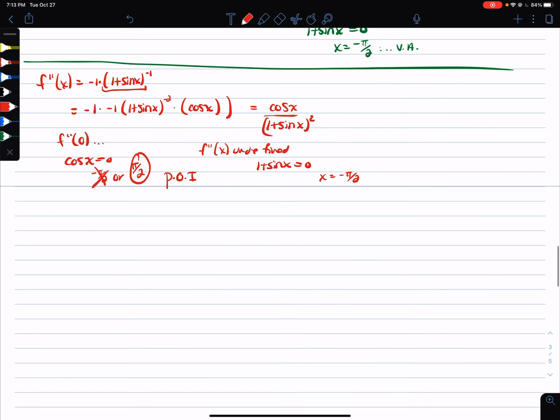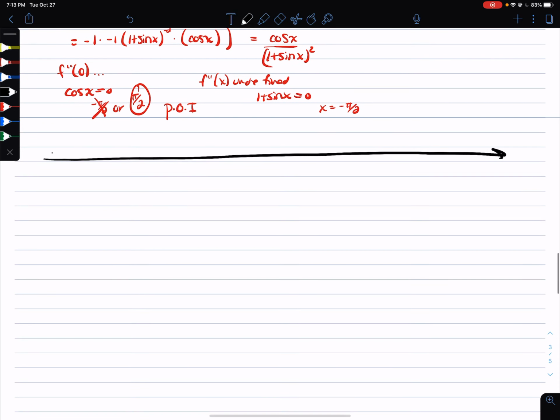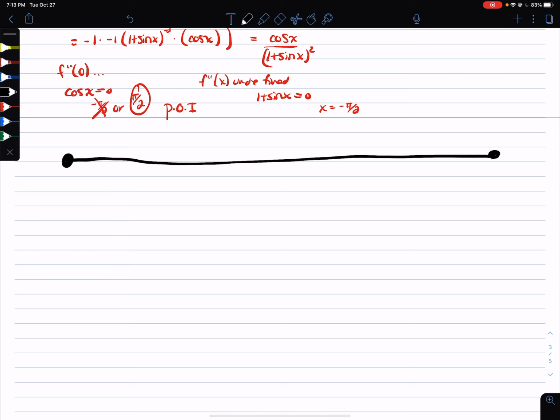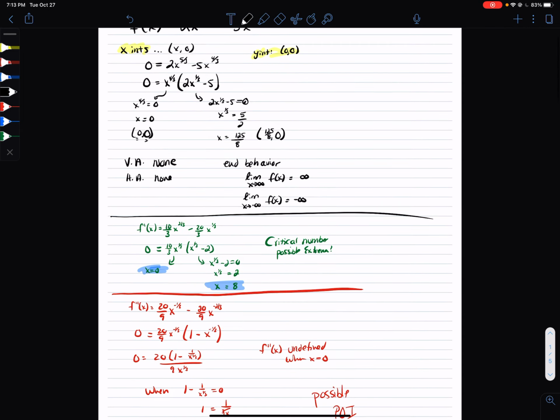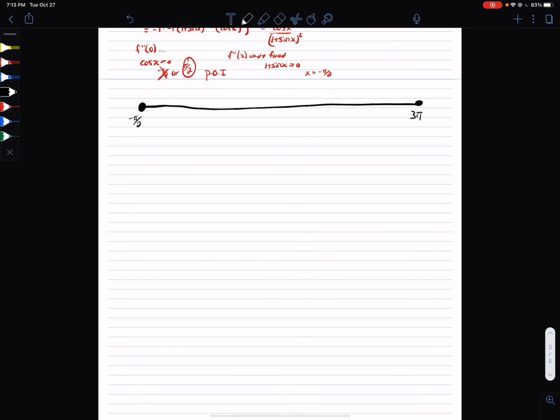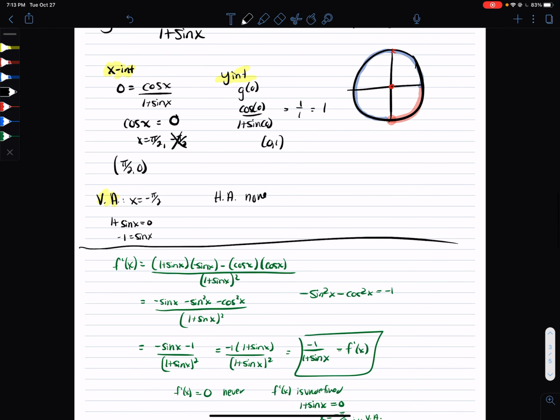Now, as we summarize our work, I always like to put things on a number line. Now with this number line, since it's a defined interval, I'm going to put a dot on it. And then since it's a defined interval, -pi/2, and I guess I kind of missed one of our vertical asymptotes as well when I think about it originally. But it's fine. I always want to evaluate it at both ends of the interval, but I believe now that I think about it, at 3pi/2, this equation here, right, -1 would equal,